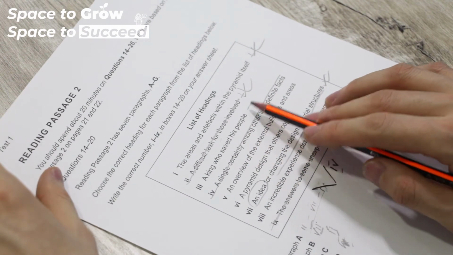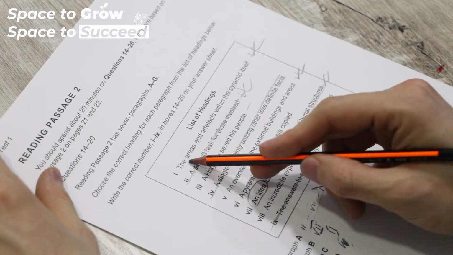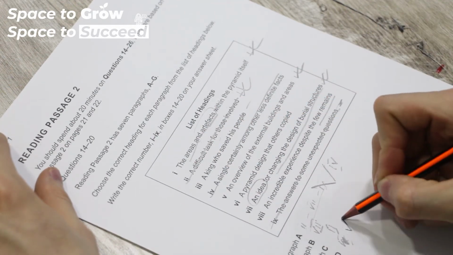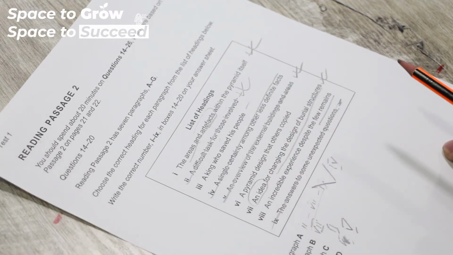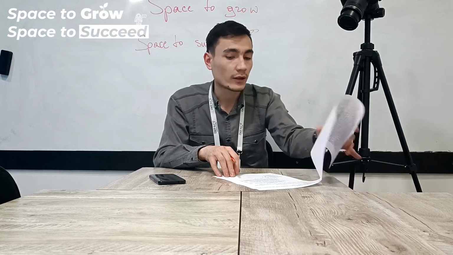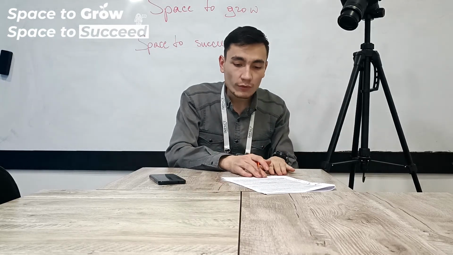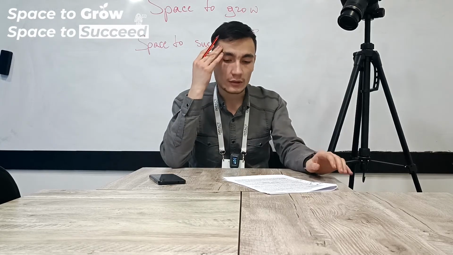The king who saved his people. Nope. Overview of the external buildings and areas. Maybe. Since I didn't see areas and artifacts, it's better for me to take this answer. Overview of the external buildings and areas will be my correct answer here. I will not explain why; you just hopefully understand why. We saw it, because they explained the external area.